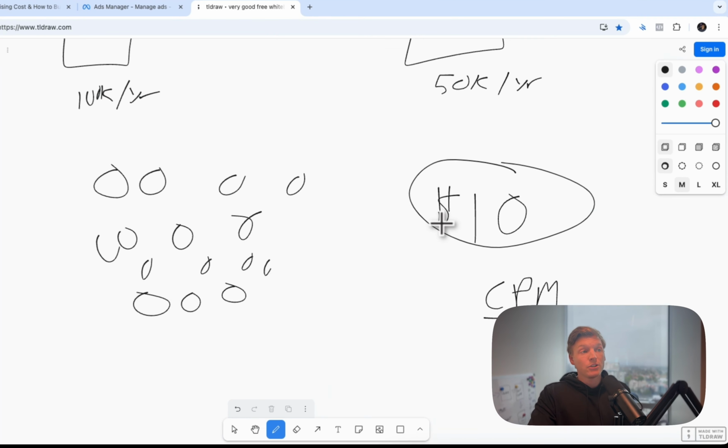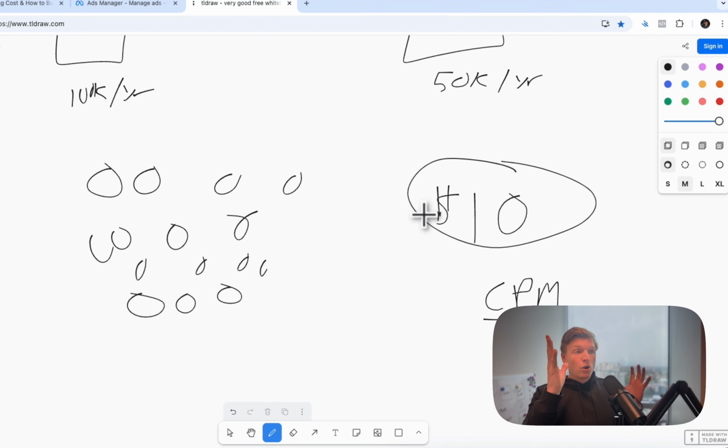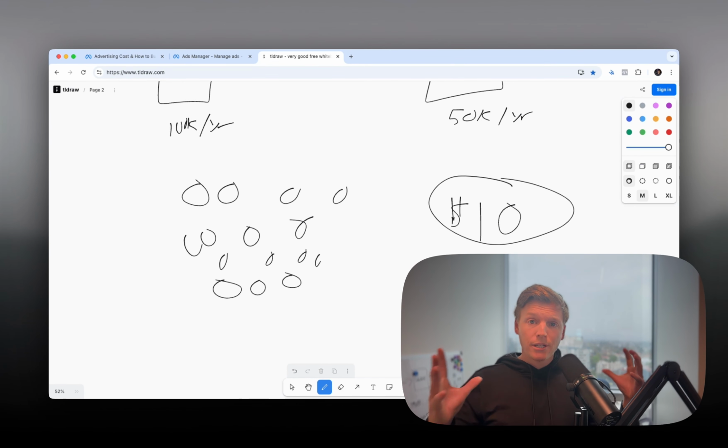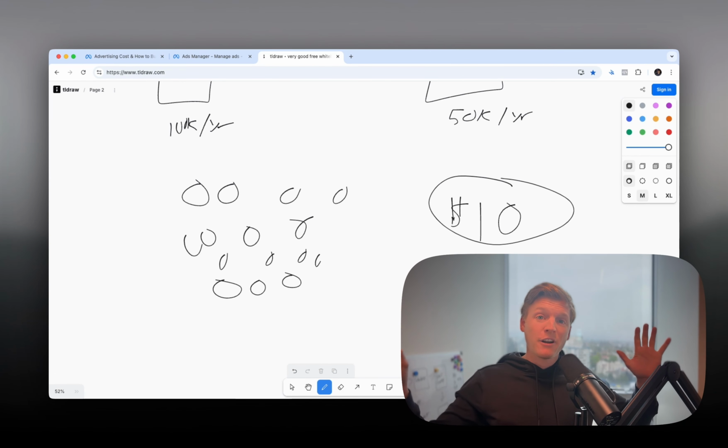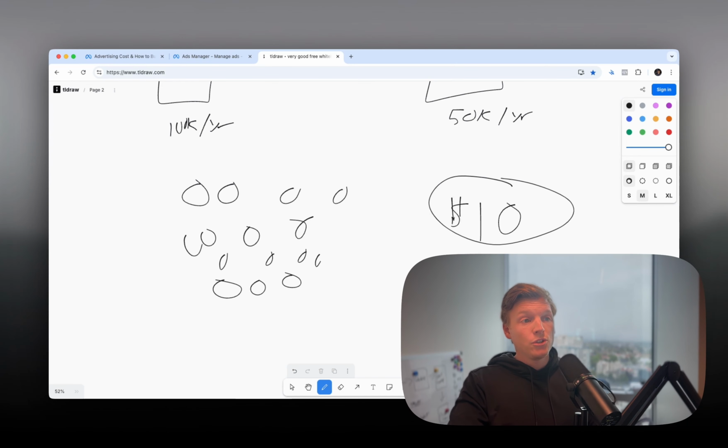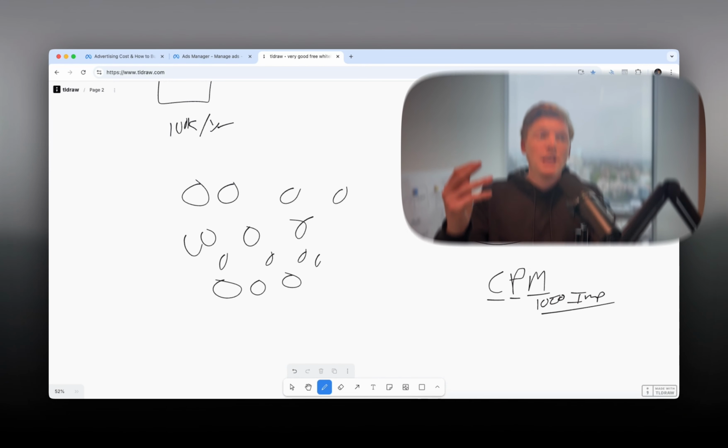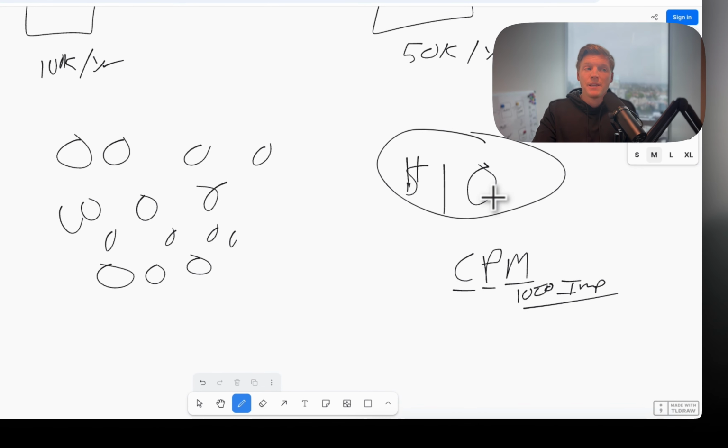Now, on $10, if you're targeting a broad audience and saying, Facebook, put me in front of anybody, you might have a CPM of, let's say, $1. This is an example, and usually CPMs are much higher. If $1 reaches 1,000 people, with $10 you're going to reach 10,000 people.